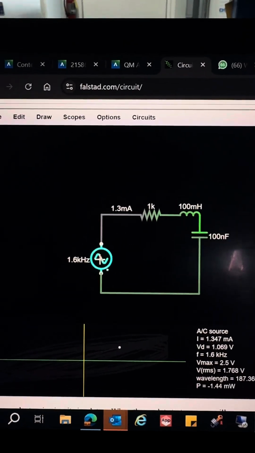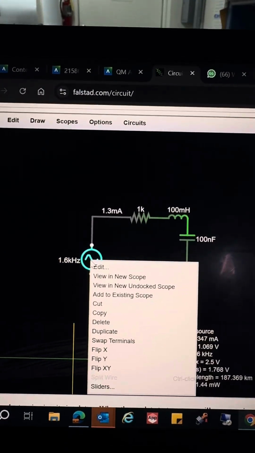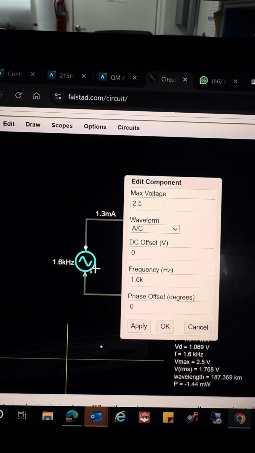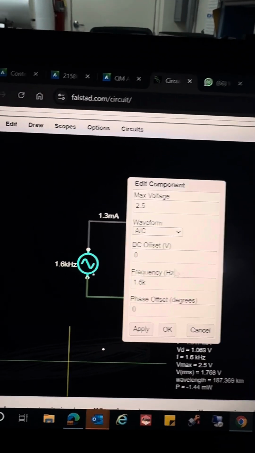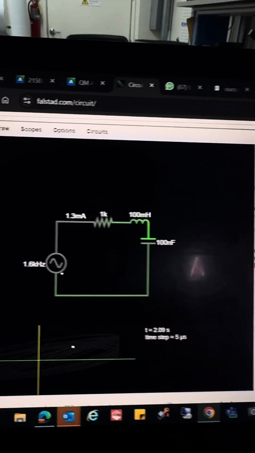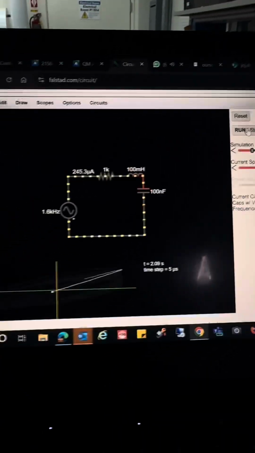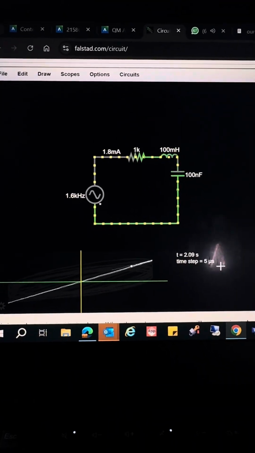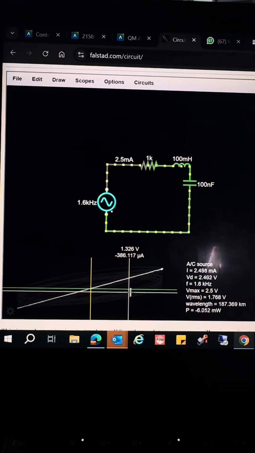So you can edit the frequencies and anything you want here. In this case, I'm going to leave it at 1.6K frequency, but you can change it if you want. And you can simulate it. Press the run, stop button, and you can simulate. What I did here, in order to obtain this three-dimensional